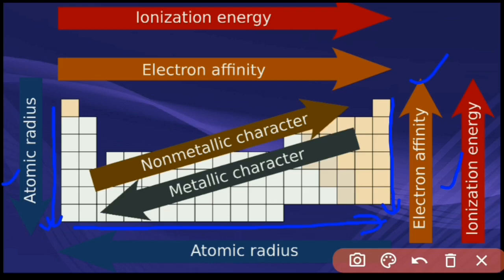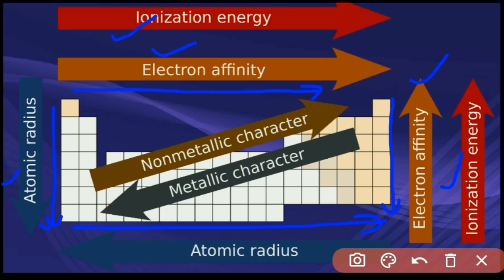And electron affinity in a period, when moved from left to right, increases due to increasing effective nuclear charge, and the attraction force between the nucleus and valence shell also increases, therefore electron affinity increases when we move from left to right in a period. Same as ionization energy, it also increases in a period when we move from left to